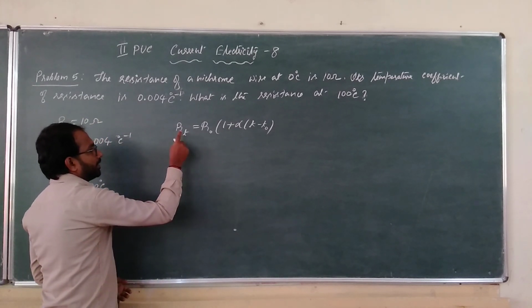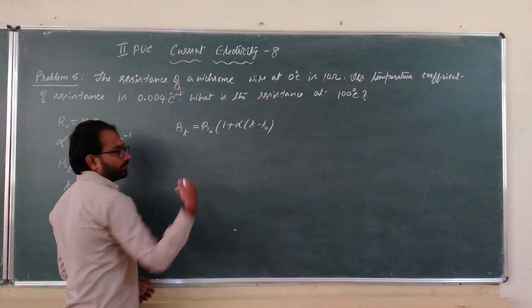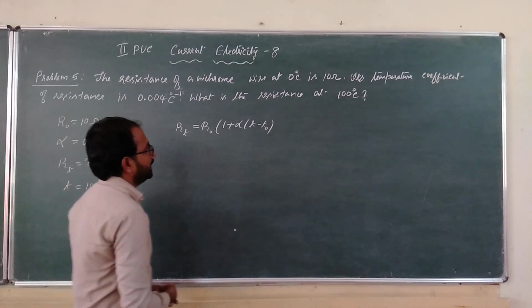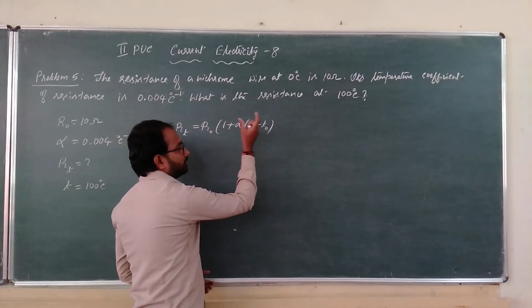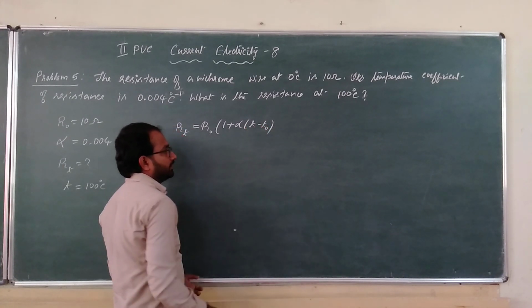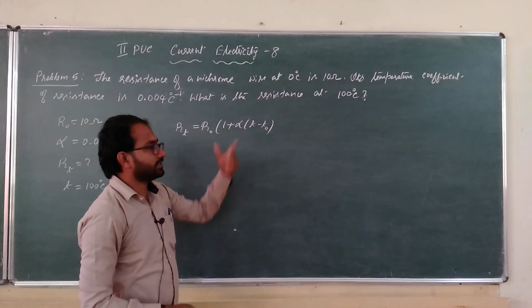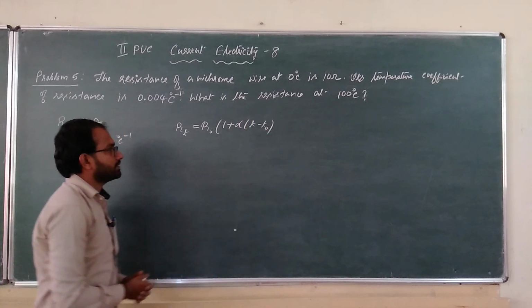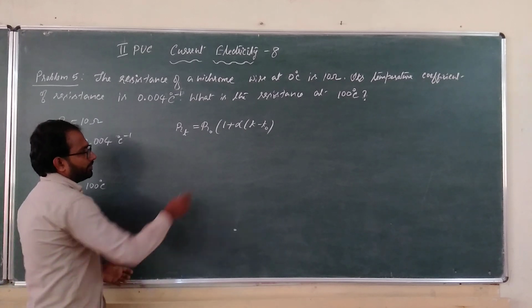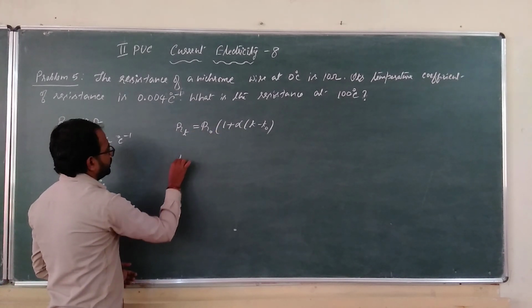Okay, so you can write capital T. So you can convert the temperature into the equivalent Kelvin scale. Anyhow, we want the difference here. What is the difference of temperature? The difference between the two temperatures in degree Celsius scale or Kelvin scale is the same. So keep it in degree Celsius only. RT you have to calculate.